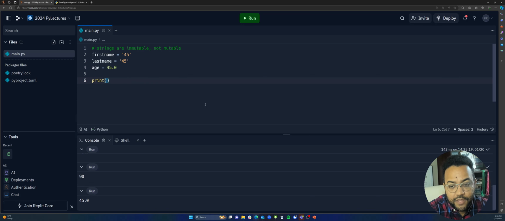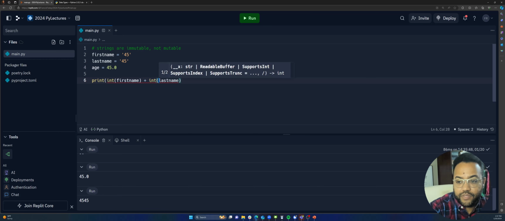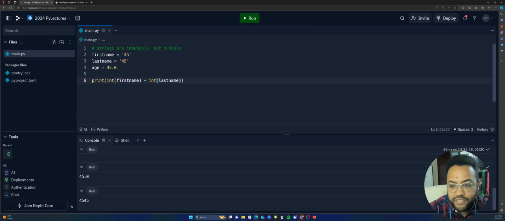So first name is the string 45, and last name is the string 45. And if I added these two together, I would get 4545, but that's not right. That's not really what I want. So what I would do is I would attempt to convert these two data types, or cast these two data types, first name and last name, as an integer. And I would do it this way. I would use the int function to cast it as an int, and guess what? I get 90. And the reason why is because